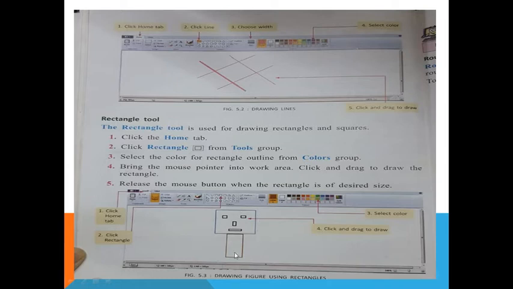Okay, click the home tab, click rectangle from the tool group, select a color for the rectangle outline from the color group, bring the mouse pointer into the work area, click and drag to draw the rectangle, and release the mouse button when the rectangle is of the desired size.